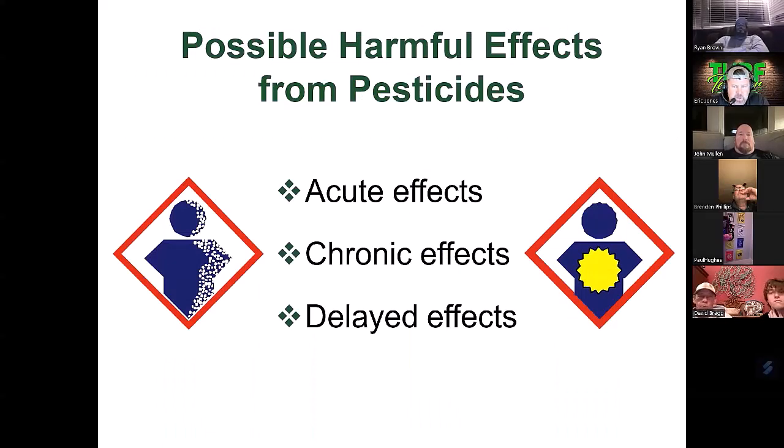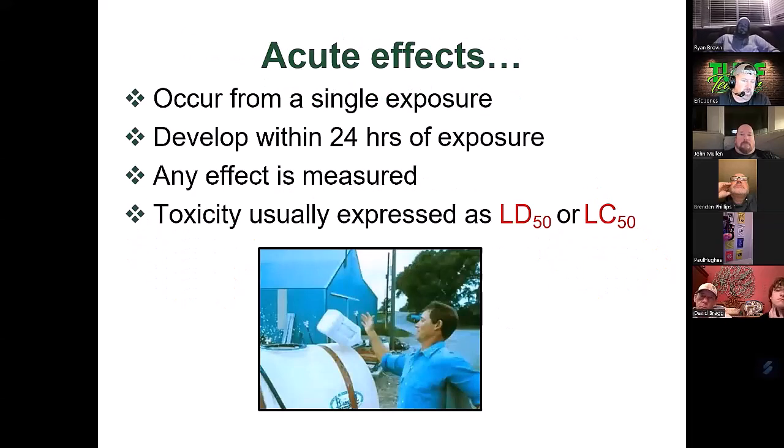Possible harmful effects: acute effects, chronic effects, and even delayed effects. Acute, this is going to happen really, really fast. And the delayed effects are going to happen possibly even years later. With the acutes, they can occur from a single exposure. They develop within 24 hours of the exposure, and any effect can be measured. Toxicity is usually expressed as lethal dose 50 or lethal concentration 50, meaning 50% of the population is killed. So, does this really mean a lot to us? Not necessarily, because they're not using humans to test the chemical on. They're using lab rats, but still, if it's killing 50% of the rats,